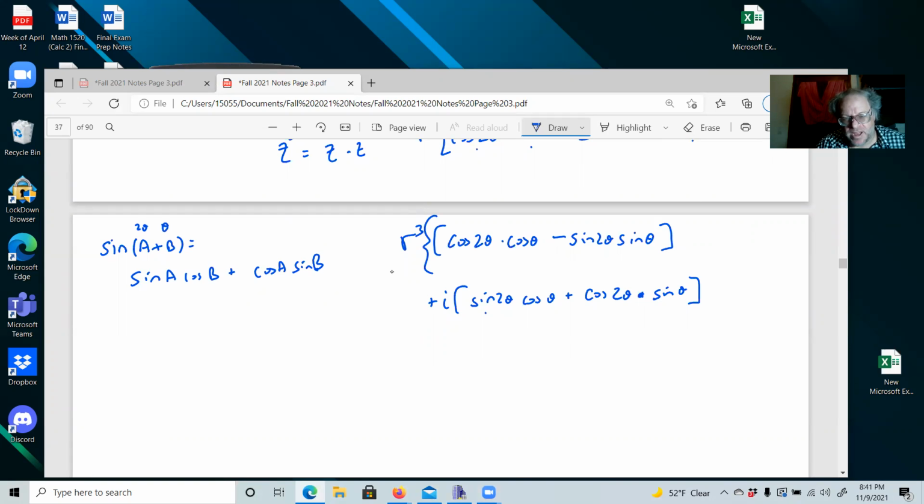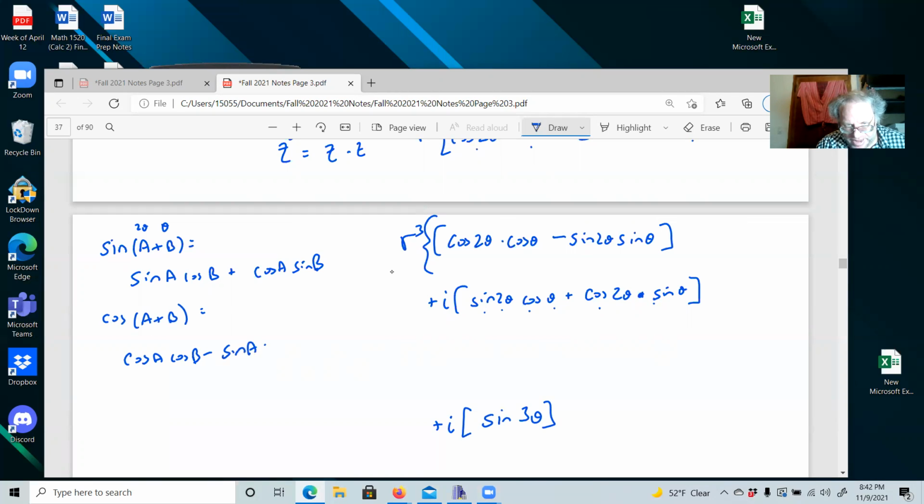So we have sine a cosine b plus cosine a sine b. So this is going to be a plus i, and this is going to be a sine of what's 2 plus 1? It's 3 theta. Okay, and do you remember what the formula for cosine of a plus b is? This was equal to cosine a cosine b minus, because the signs change on that one, sine a sine b. And if we have a equal to 2 theta and b equal to 1 theta,